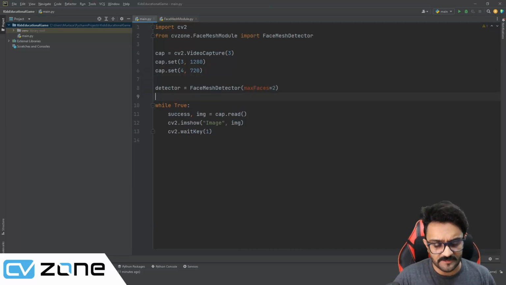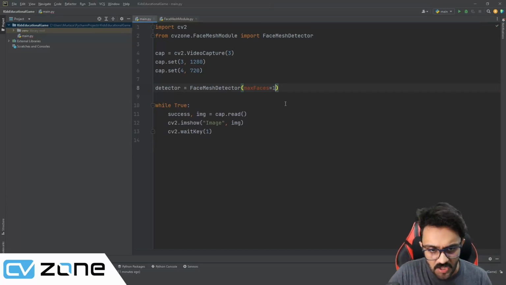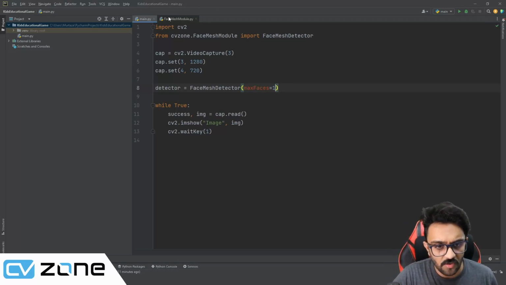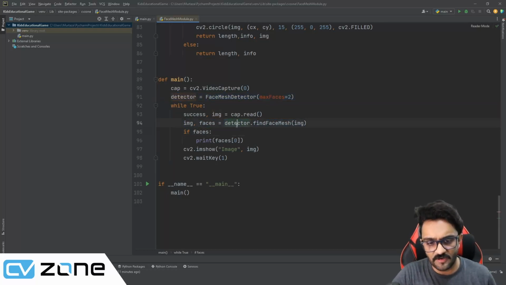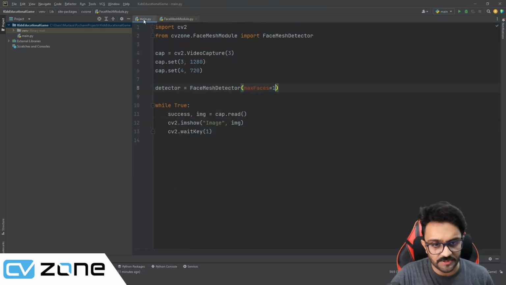So here we will write detector equals FaceMeshDetector, and the number of faces we are going to detect is 1. So we should not exceed more than 1. Only one player is going to play the game at one given time. So then we are going to look at how exactly we can detect. Here you have to write detector.findFaceMesh, and you have to give in the image as the parameter. So we will copy that,